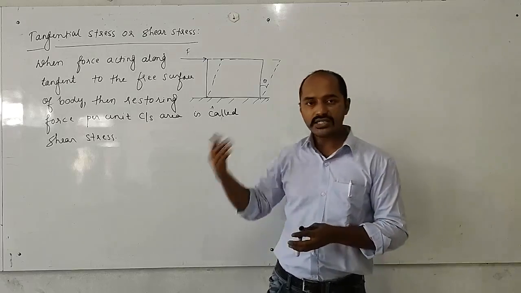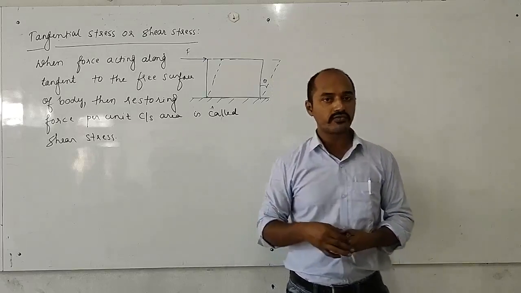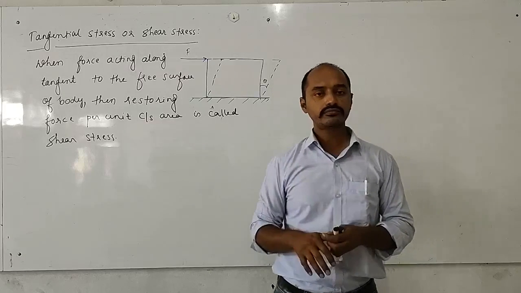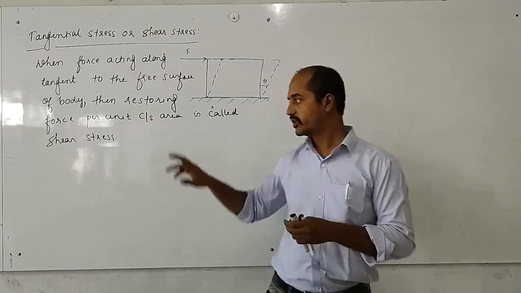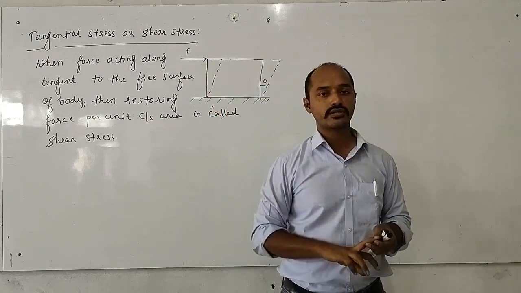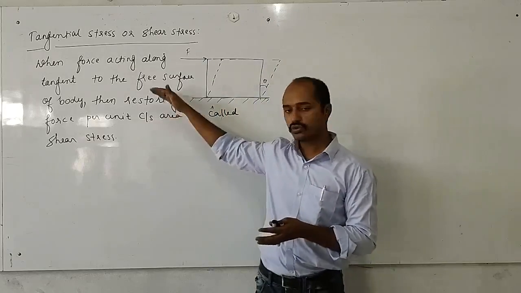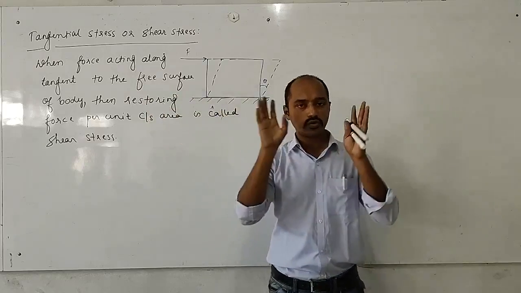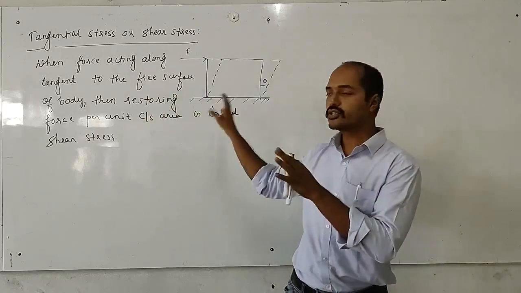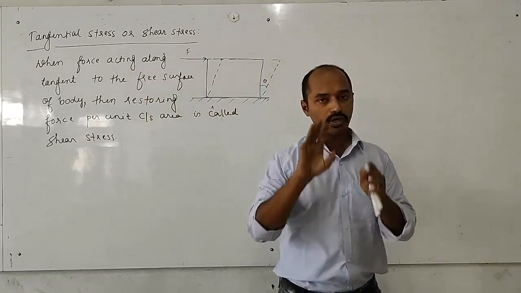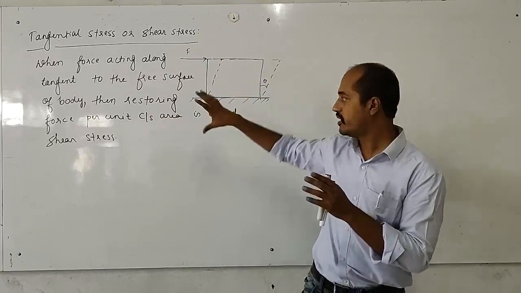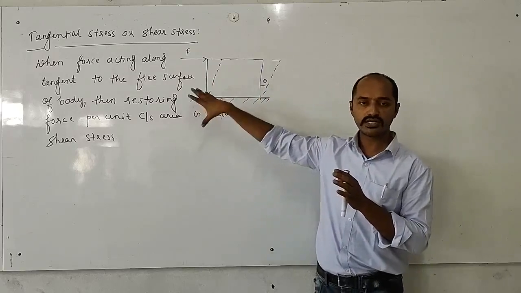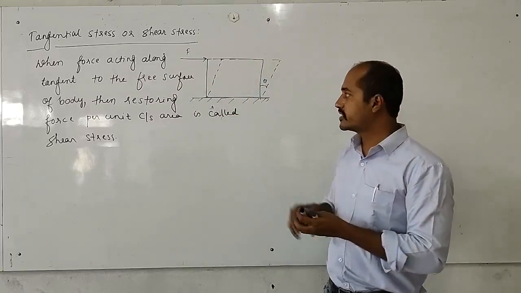So when a tangential force is applied on the free surface of the body, then restoring forces developed per unit cross-sectional area is the tangential stress, right? So, to understand that there are certain restoring forces, that is good. But what we need is the tangential stress or the shear stress definition, so I just modified it into a simple sentence that I have written, right? So next,